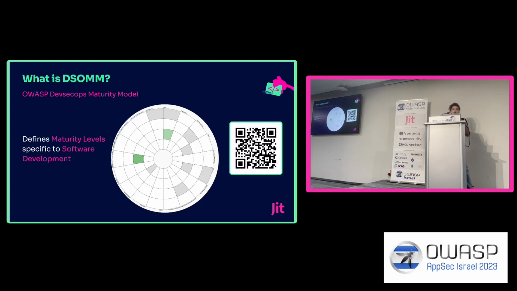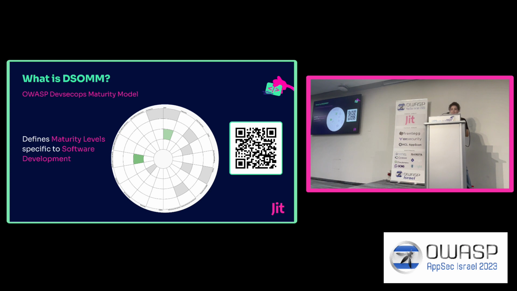Now, this is more of a view of the way that DSOMM is constructed. This is the QR code to the OWASP page for DSOMM. Feel free to scan it. You know, it's open source. And the way it's built here, we see a bullseye shape, and this shape, along with the circular pattern here, is what DSOMM uses to